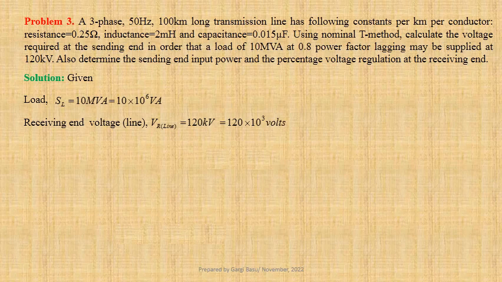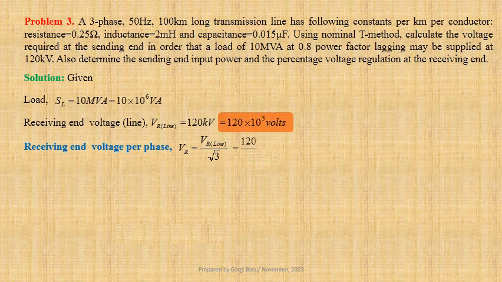For star connected system, receiving end voltage per phase, VR equals to VR line divided by root 3, that is equal to 120 into 10 to the power 3 divided by root 3, that gives us